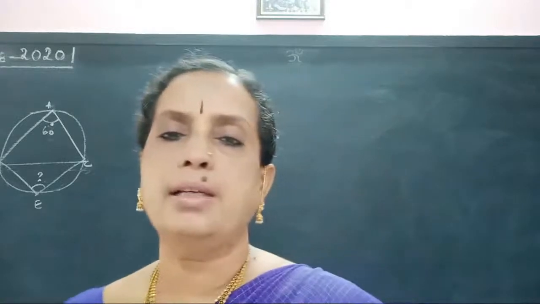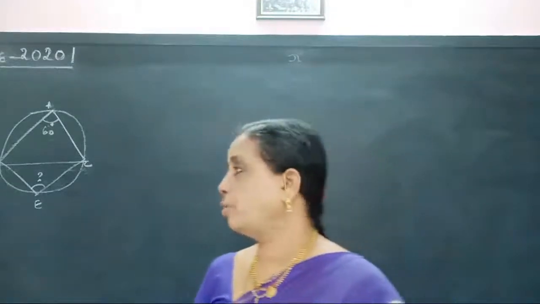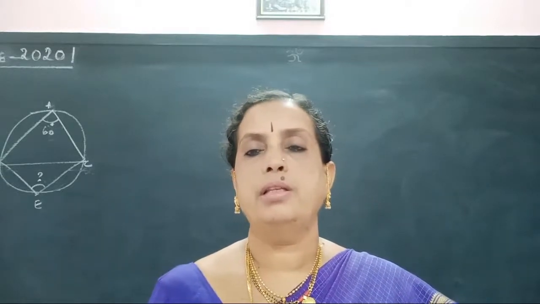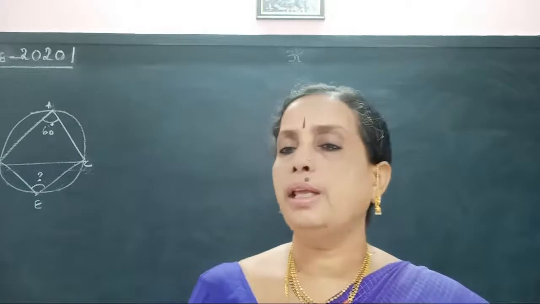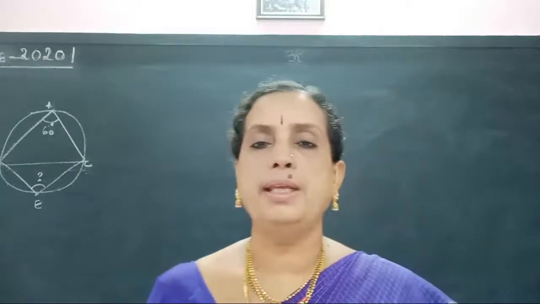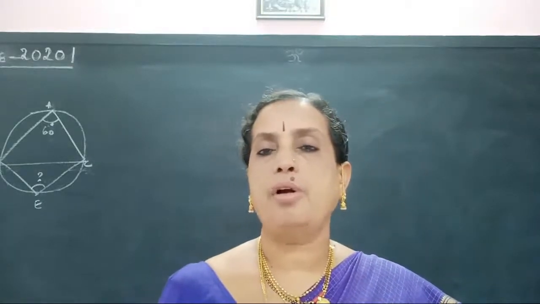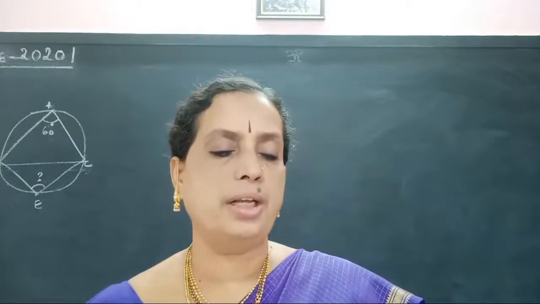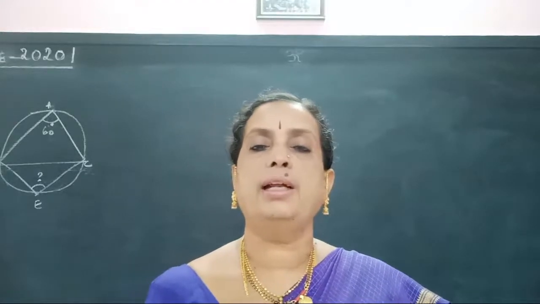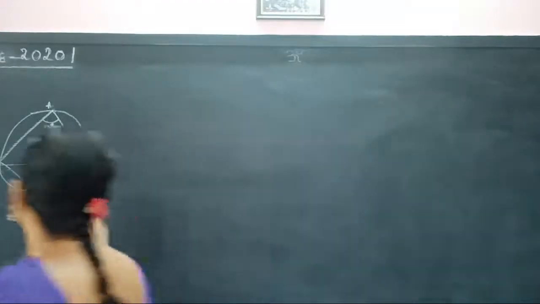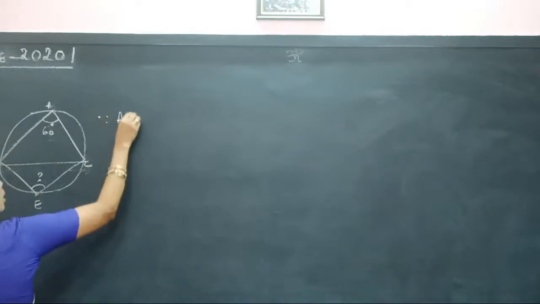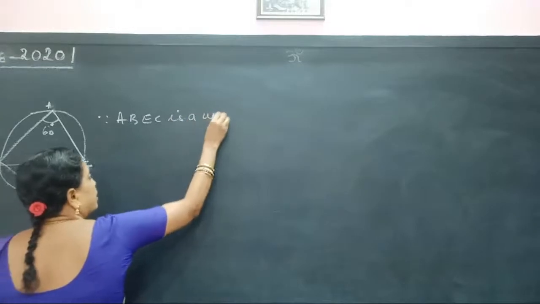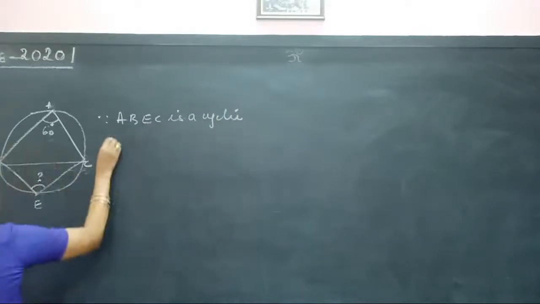Yes, what is the reason? Why is it 120 degrees? Reason: since ABEC is a cyclic quadrilateral. Before that you should write since triangle ABC, but 60 degrees is already mentioned, so directly we can go with the answer. Since ABEC is a cyclic quadrilateral,